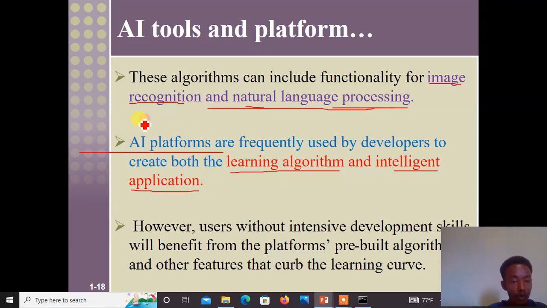Artificial intelligence platforming kunniin waan lamaaf nu gargaara jechuudha. User tokko waan lamaaf nu gargaara. Tokko maalinni learning algorithm develop gochuudha. Algorithm which may able to understand like images and also natural languages, and also in order to develop the intelligent system which may behave like a human being, develop gochuudhaaf isaan gargaara.